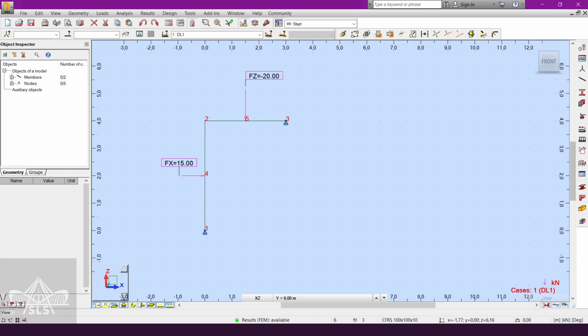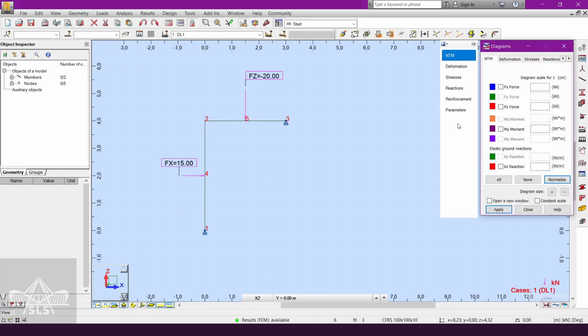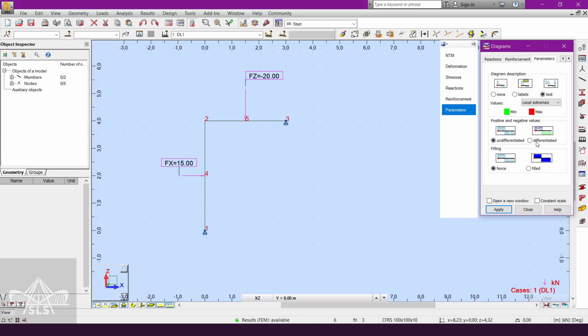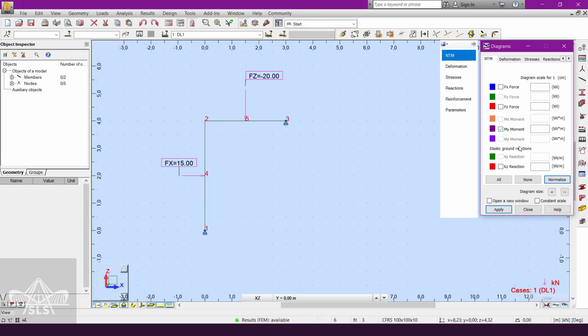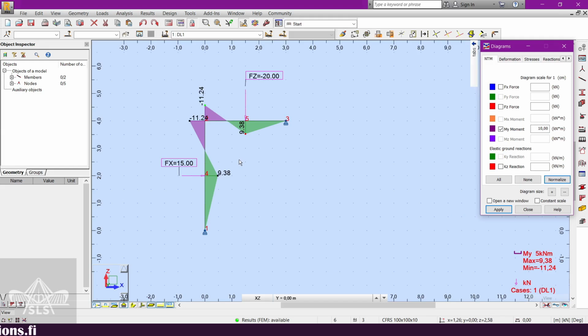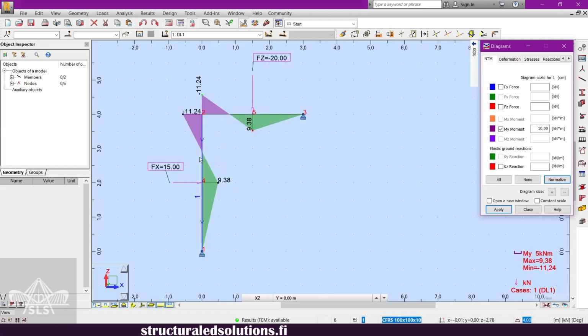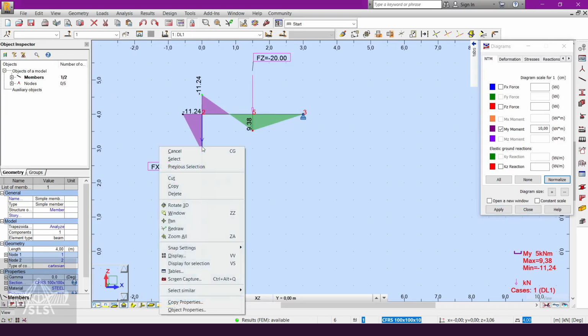So now we have the results, and if I want to show the diagrams, I prefer this type of settings, as I've said many times now, and they can show the bending moment function for the frame. So as you can see here, we have the inflection point here and here. In order for us to see where this inflection point is located, we can just select this member and